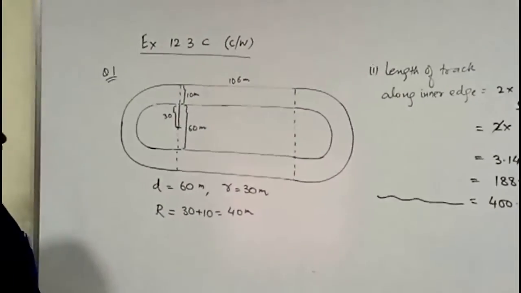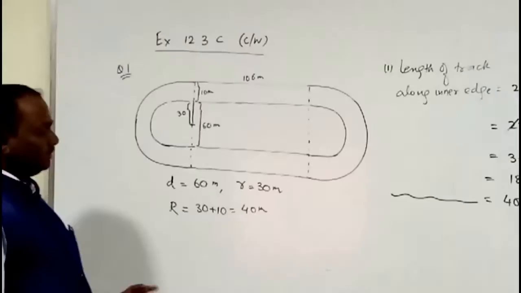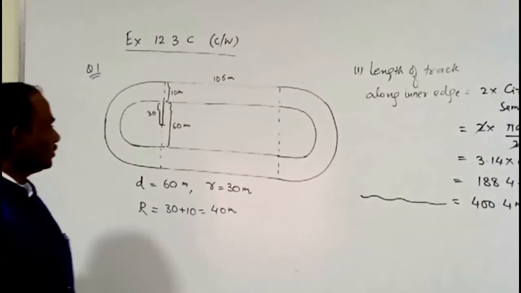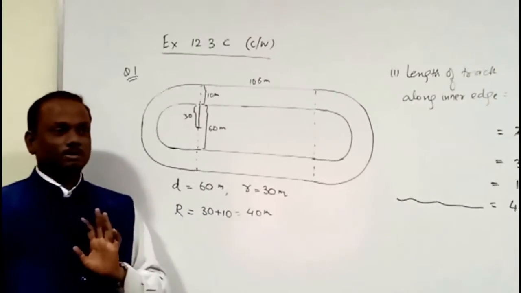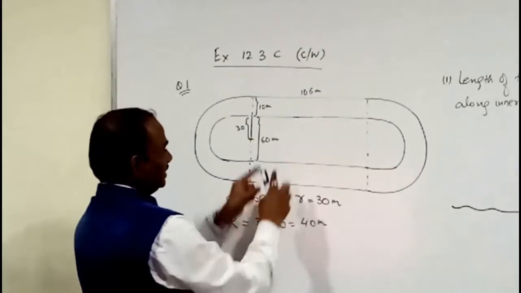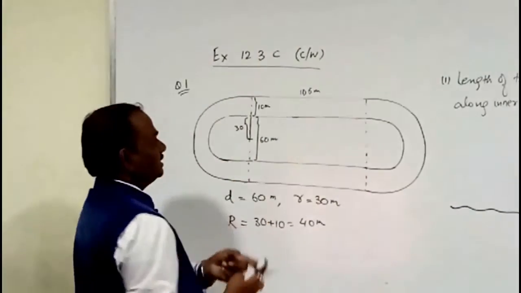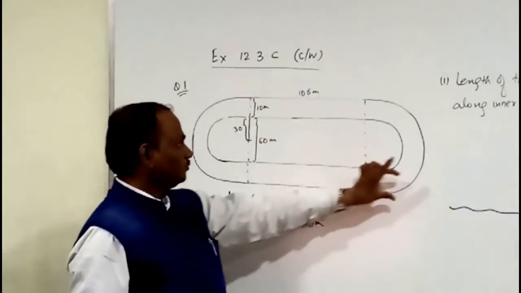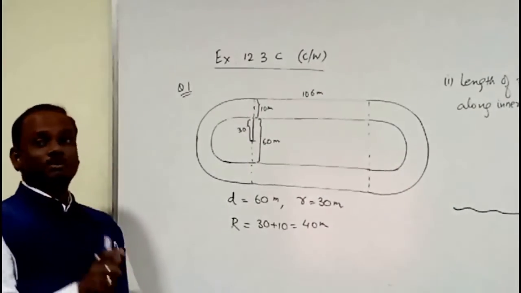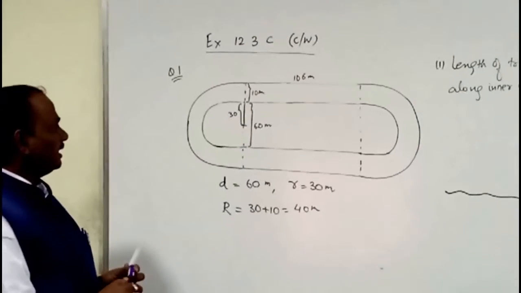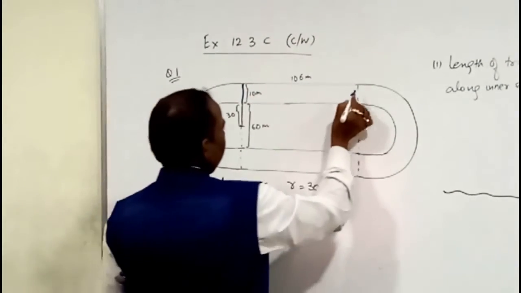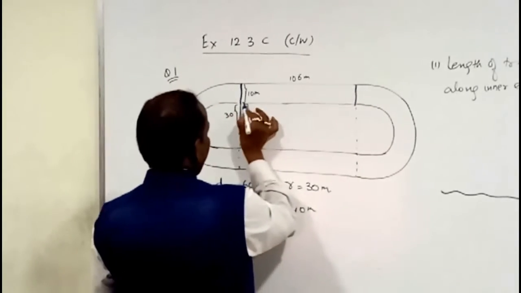की, एरिया ऑफ द ट्रैक। अब एरिया ऑफ ट्रैक को यदि आप देखें तो इसे दो तरह से फाइंड कर सकते हैं। एक तरीका जो जनरली स्टूडेंट्स के दिमाग में आता है वो है कि पूरे बाहर के एरिया से भीतर के एरिया को माइनस कर दिया जाए तो एरिया ऑफ ट्रैक मिल जाएगा, लेकिन एक बहुत लेंथी मेथड हो जाएगा। इस मेथड को हम अवॉइड करके सिंपल मेथड में चलेंगे। वो सिंपल मेथड क्या है, आप देखो ये जो पार्ट है, ये वाला पार्ट,